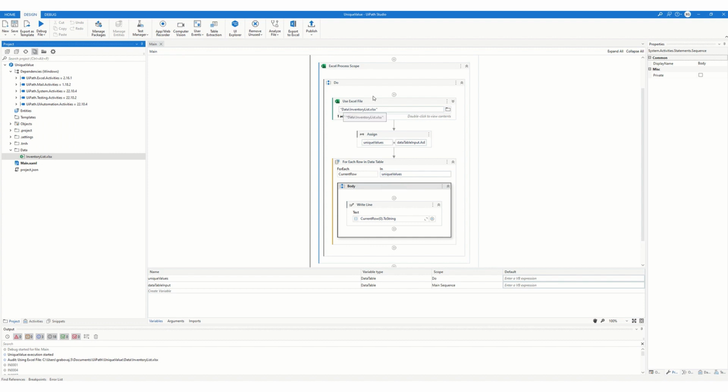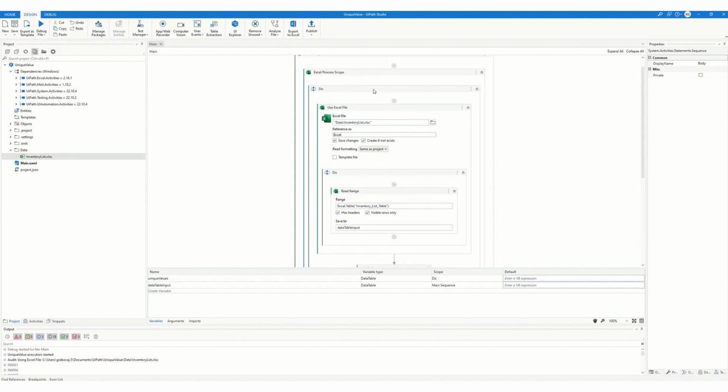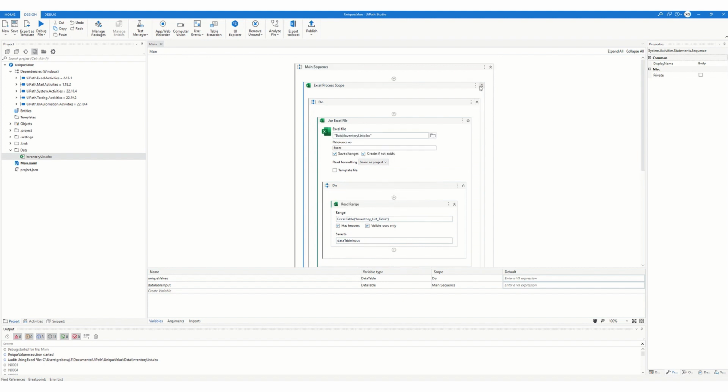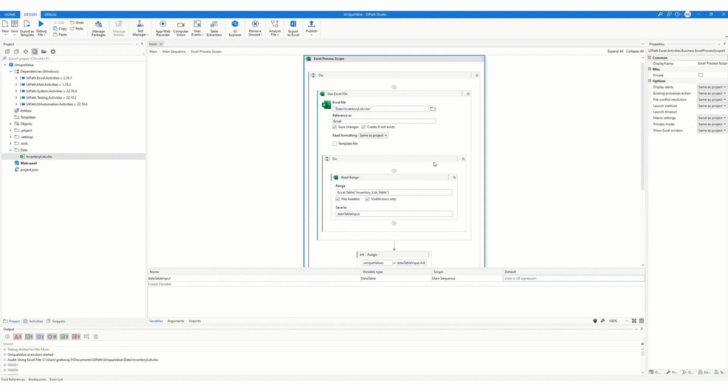Okay, so the first step is to read this data from the data table. The steps you need to do are to use Excel process scope, call it inside the path to use Excel file, and Read Range, and store this information in a data table type variable, which we need to use later for filtering. This is the first step. And the second one